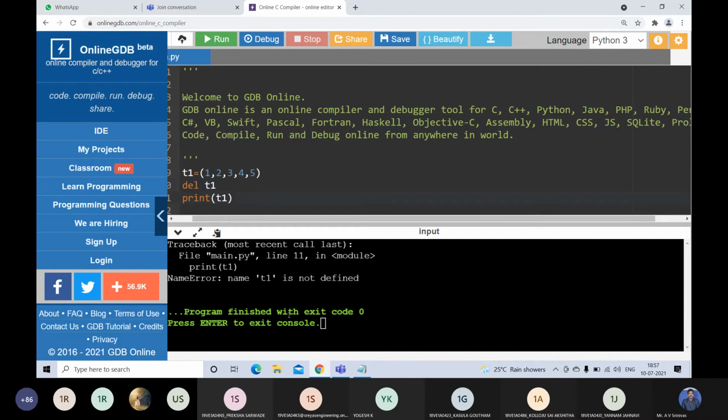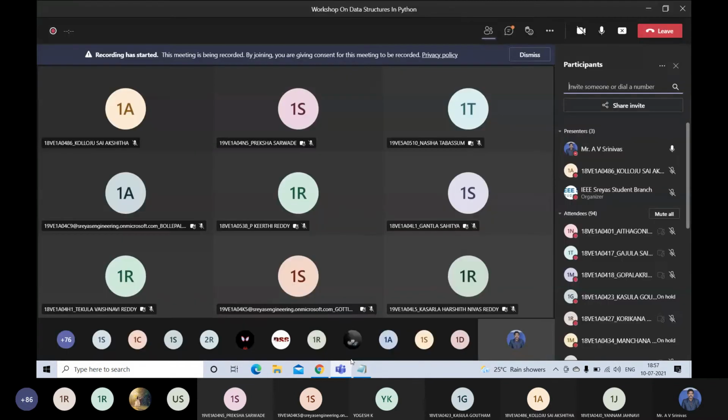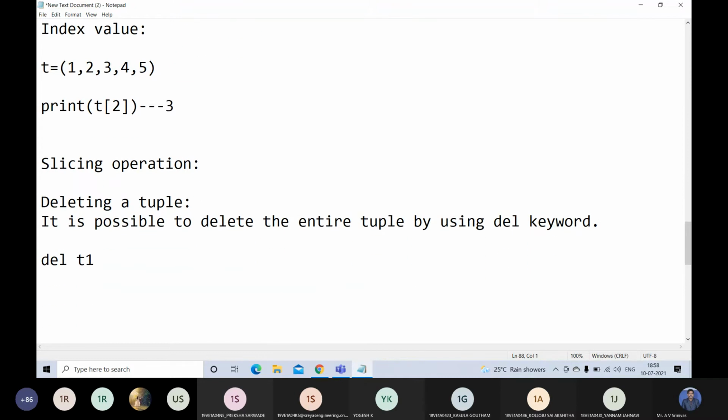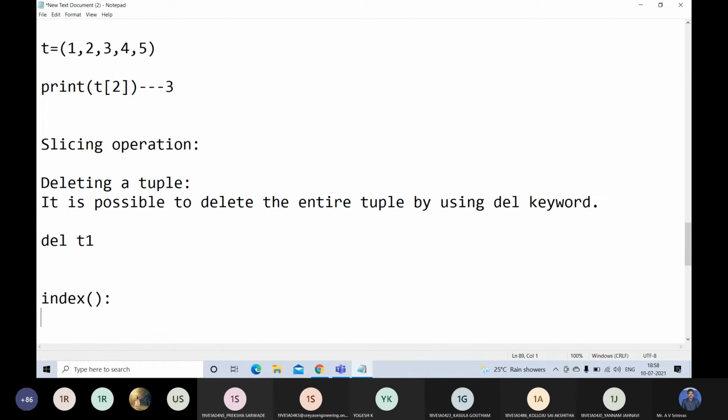Hello. Yes, sir. So that's about deleting. Then next one is index. Same as lists, here also the index method is there to find out the index of a particular element.